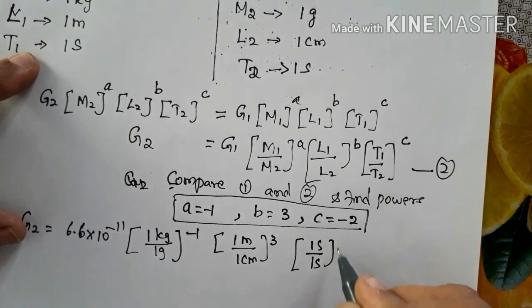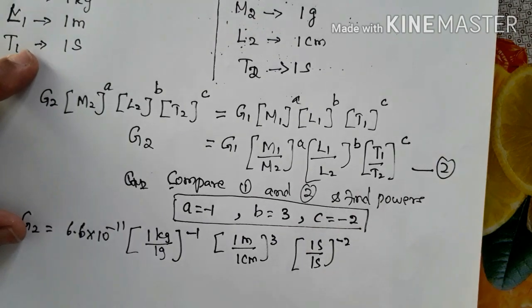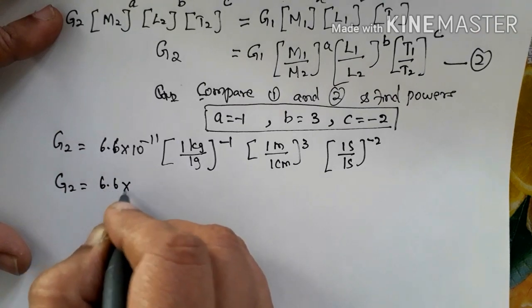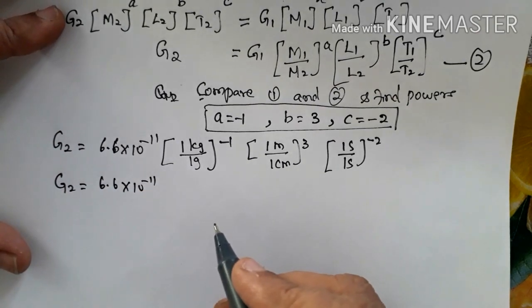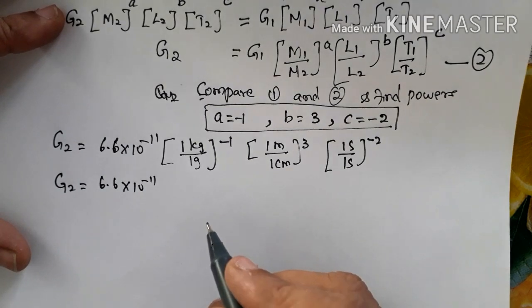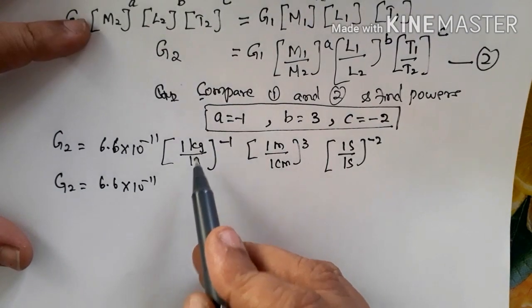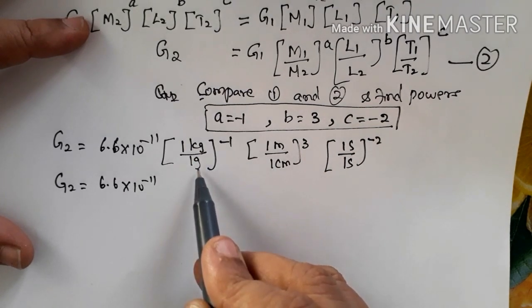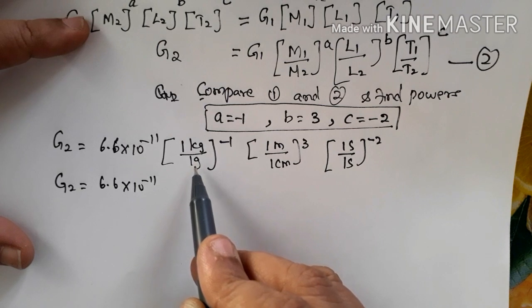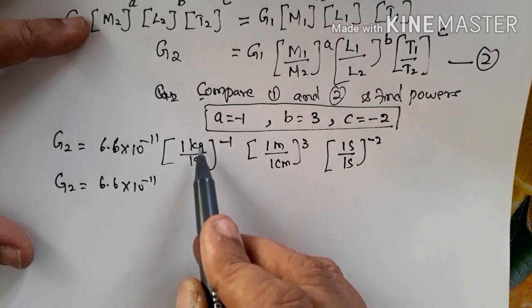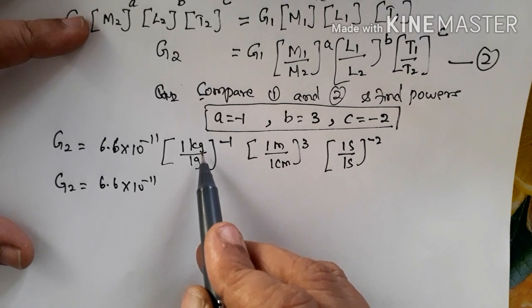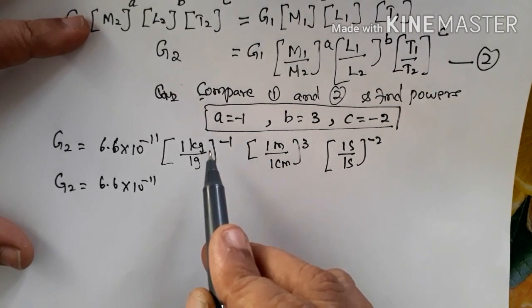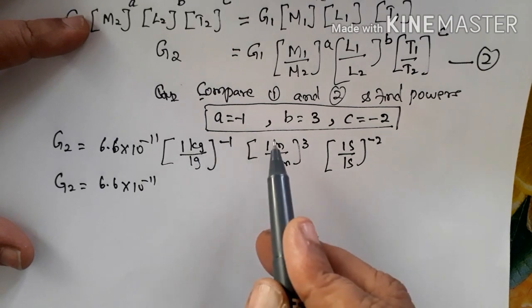The power is C, that is, you can write power C as nothing but minus 2. So G2 is equal to 6.6 into 10 power minus 11. What you have to do is, in your textbook, whatever you can see is different. If I want to simplify this, you can see one is in kilogram and the other is in gram. If you want to simplify, all the units should be the same, then only you can simplify, right? In your textbook, in both problems given, children, CGS is converted into SI,